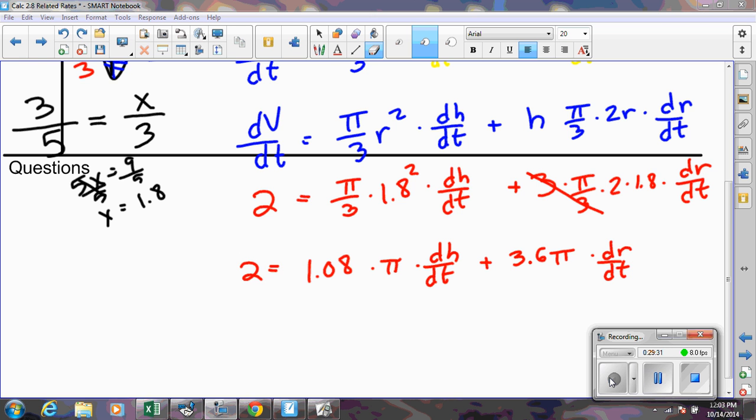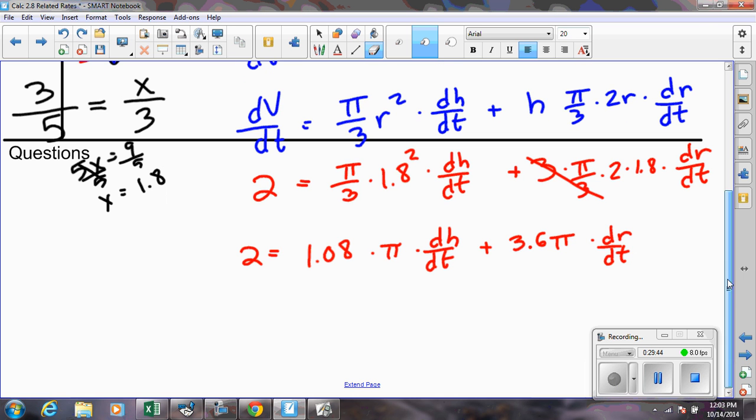So abruptly, class decided they just want to solve it, get the dH/dt equals the big blob, understanding the fact that because dr/dt is still a variable, it's going to be in our equation. So from here, we could subtract the 3.6 pi dr/dt, which would then yield